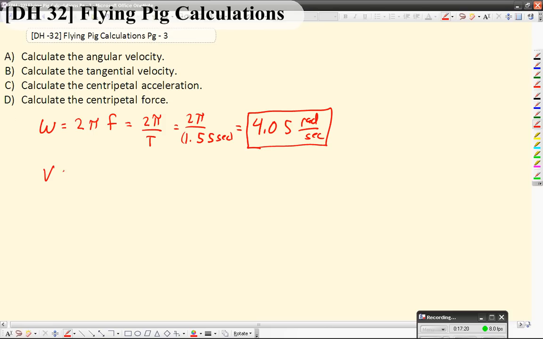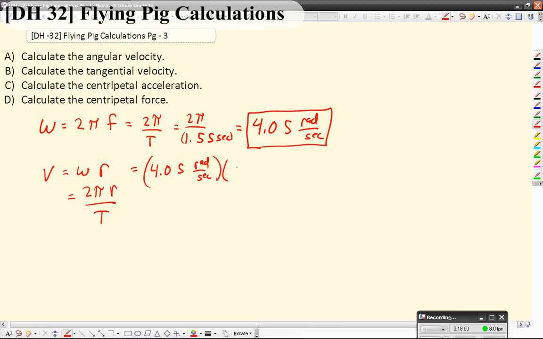The tangential velocity, when you relate the tangential to the angular, is going to be omega r. Now, just to point out here, if you go a whole circle, 2 pi r over T, and it's constant velocity, you can take the circumference divided by the period. That will work if it's a constant angular velocity. But let's go ahead and do it the more general way of angular velocity at a moment in time times the radius. So the angular velocity, which granted is the same the whole time, of 4.05 radians per second,